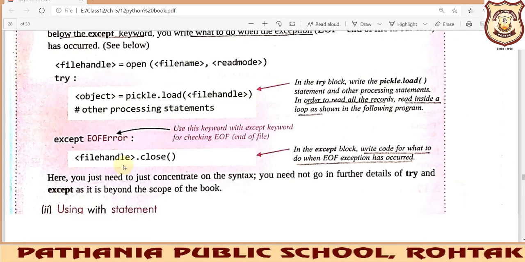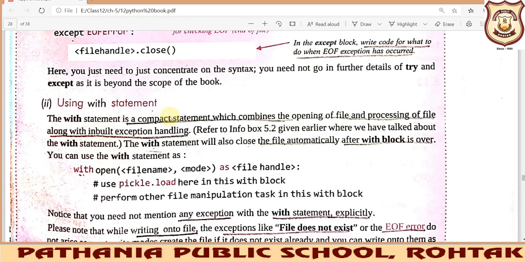Similar is the case with the with statement. In the second program we will take care of whether we are using the with statement or not. The with statement is a compact statement. It does the opening of the file, the processing, and the exception handling in a compact form.